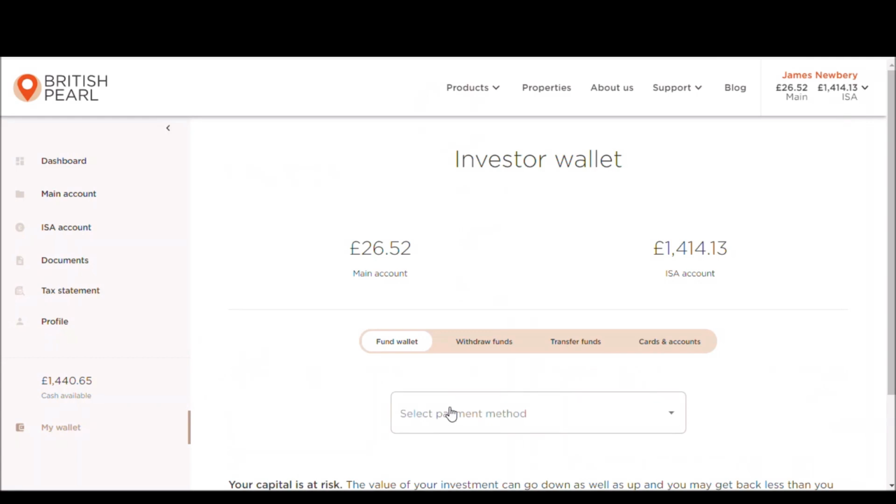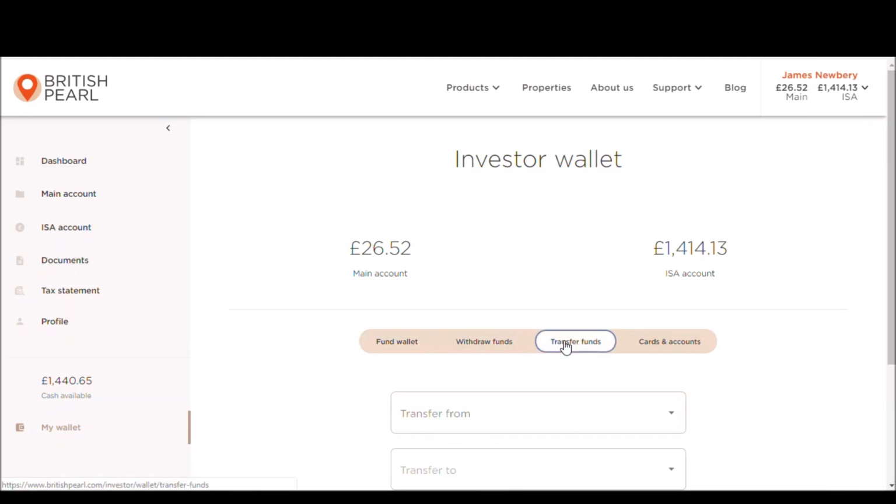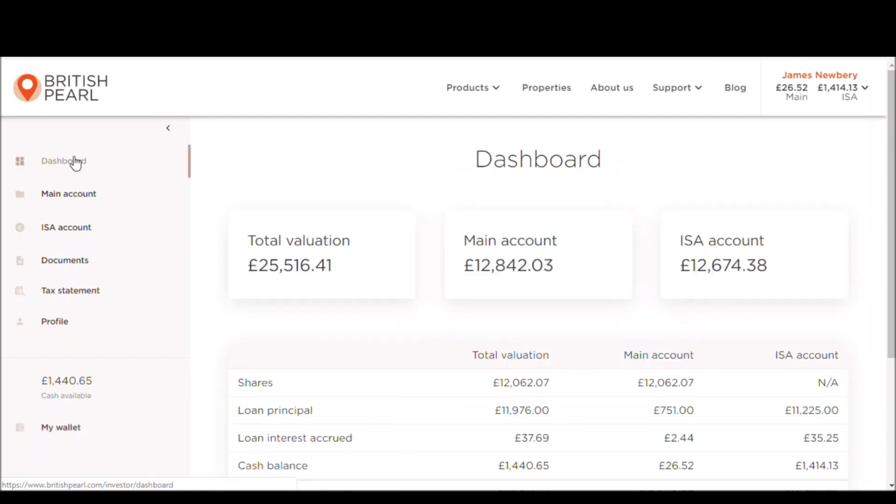This is where you can add money using an existing debit card or your bank information, or you can process a withdrawal of funds. You can transfer funds to your ISA account if you have one, or from your ISA account to your main account, and then you can manage the cards and accounts that you have on your account in this section. So there we go, that's a brief summary of the My Account section on the investment platform,